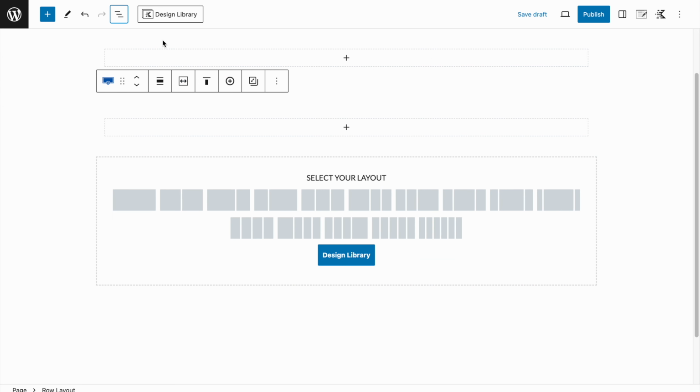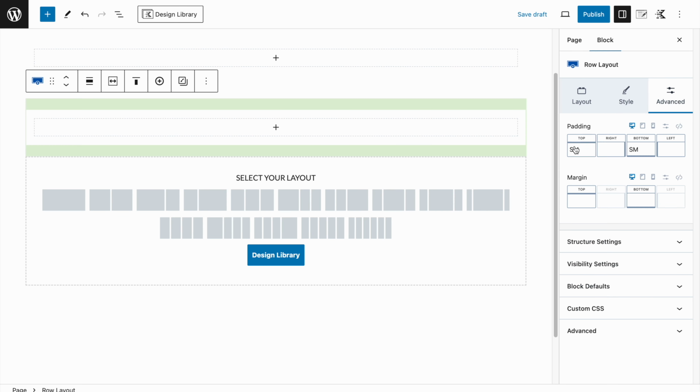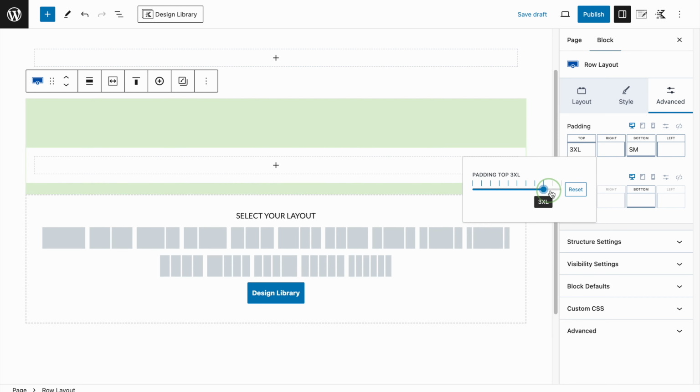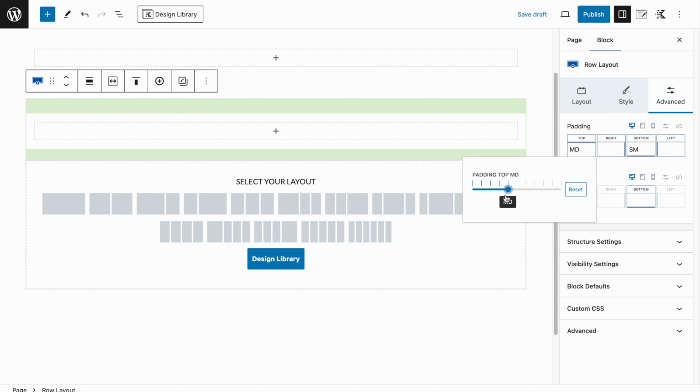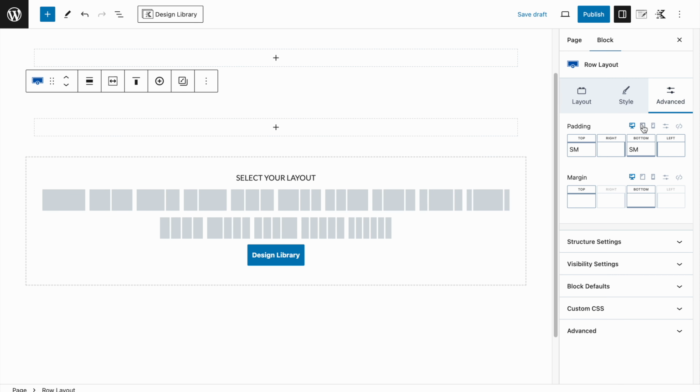Let me close this. If we have our row layout, let me open the settings. If I go to the advanced tab, you have the padding and the margin with the values with the slider. This is the same as it used to be. But what we didn't have before is when you went to the tablet view,